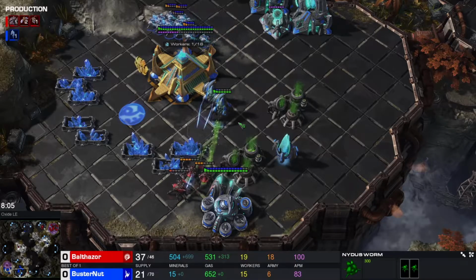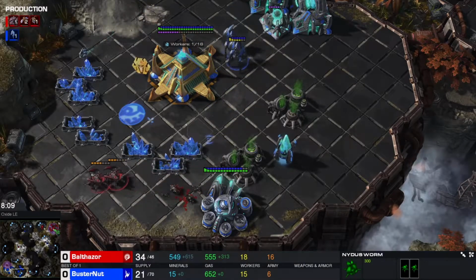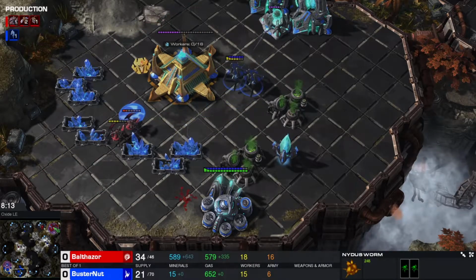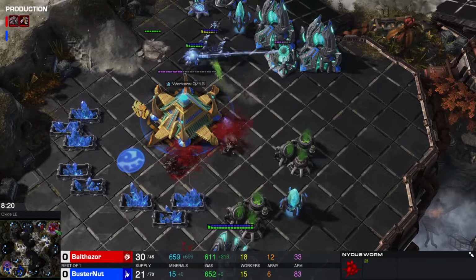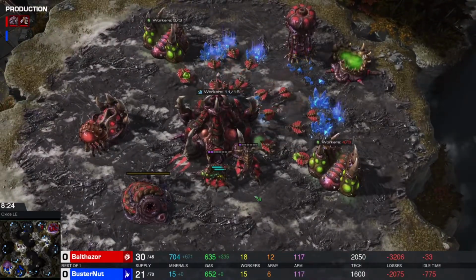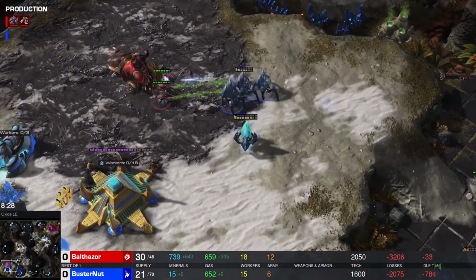I think it's very decisive to go for the lair and the roach warren and the Nidus Worm. I think that was pretty strong play there. That was just like, okay, I'm gonna go for this thing, let's just do it. But probably after the first Nidus Worm, I gotta imagine that Balthazar was like, oh fuck, well now what? What do I do? Decides to put it all into the mutas, which are less larva intensive than lings, that's for sure, and even less larva intensive than roaches. So